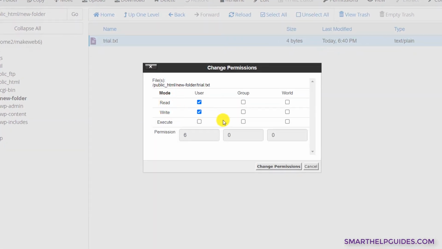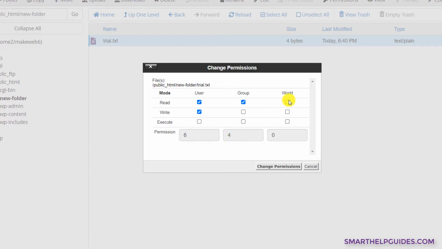This way you will be able to see what each file permission number means. This 6 means that the user will be able to read and write it. The user is your server. If you want the group to be able to read it, you will have to take this option, and you will see the number is 4.